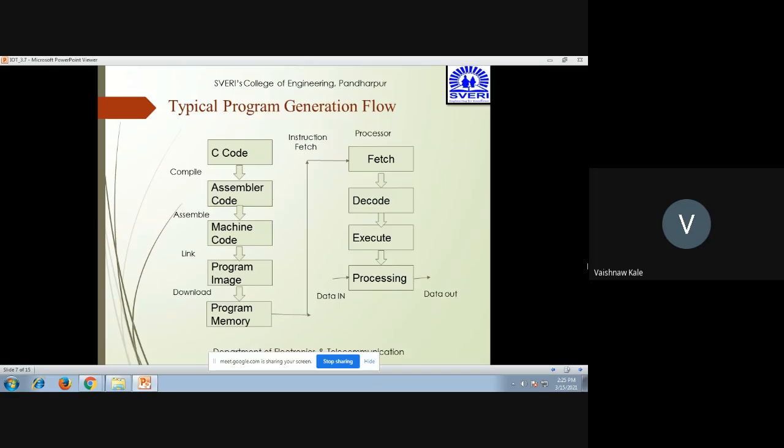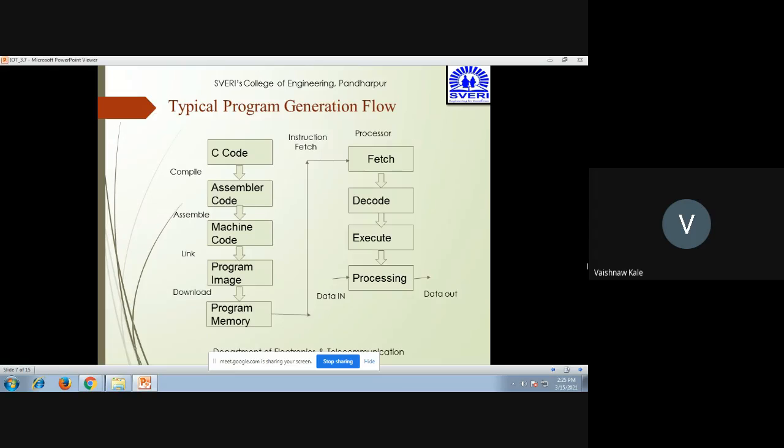Once again, I'll give you a detailed explanation of this. Once you write down C code, it is converted into assembler code by compiling it. From assembler code, it is converted to machine code. Then from machine code, it is linked into the program image, which could also be called an executable file.